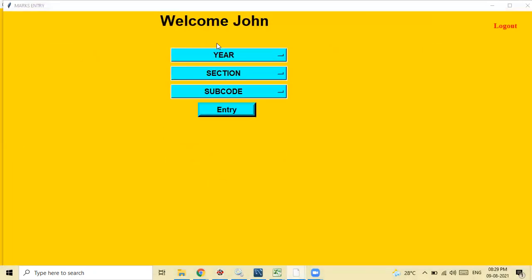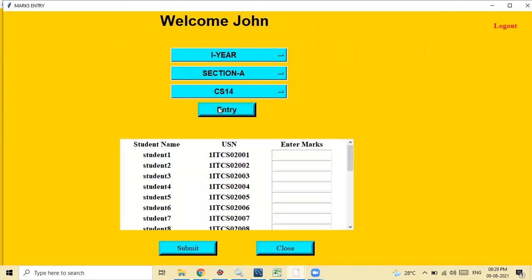So John, which year, which section he has to enter the marks for will be selected. Here currently we have allotted only one subject to John, for first year section A. That is CS14. Enter. So here he is going to enter the marks for that student. The marks I have given is 50, so they should enter marks out of 50.